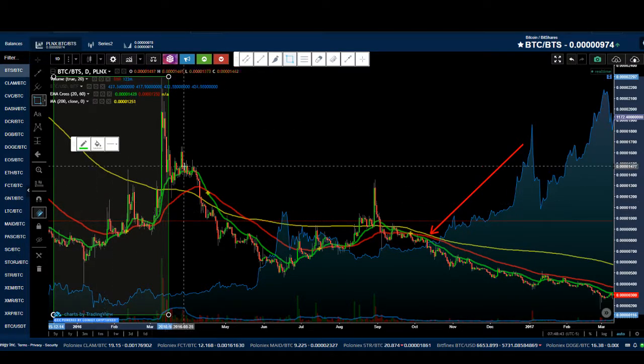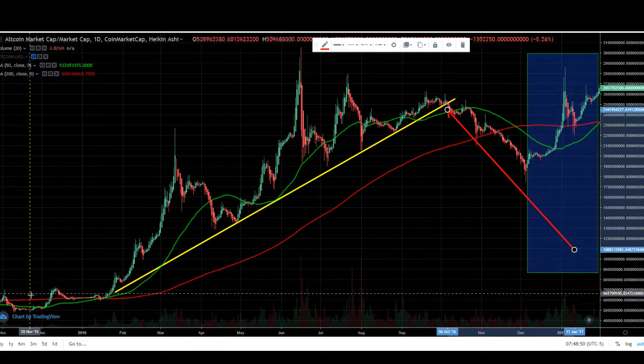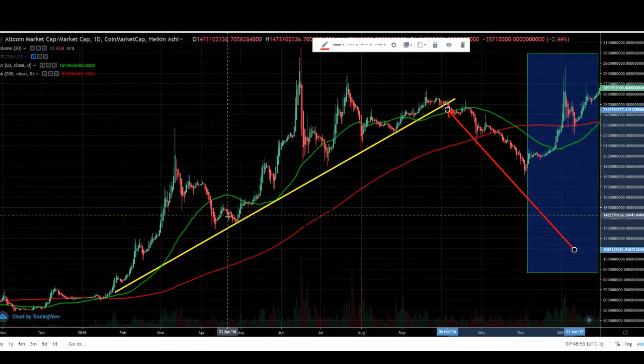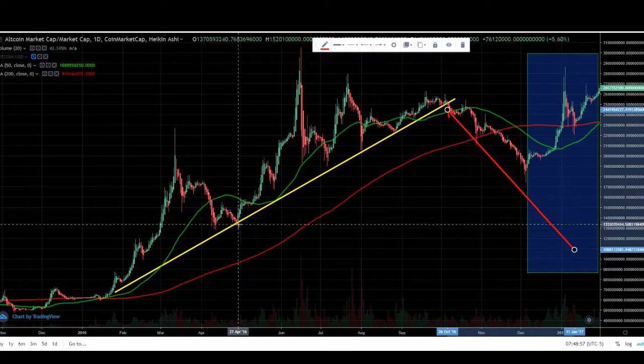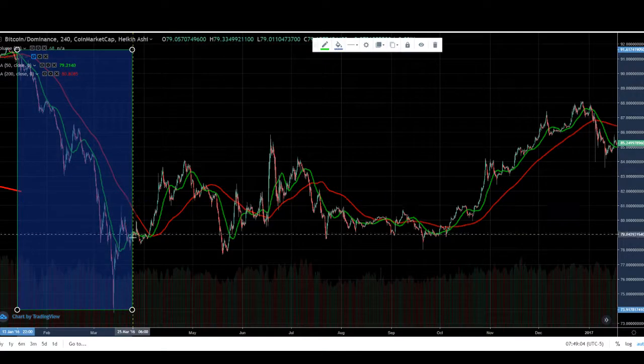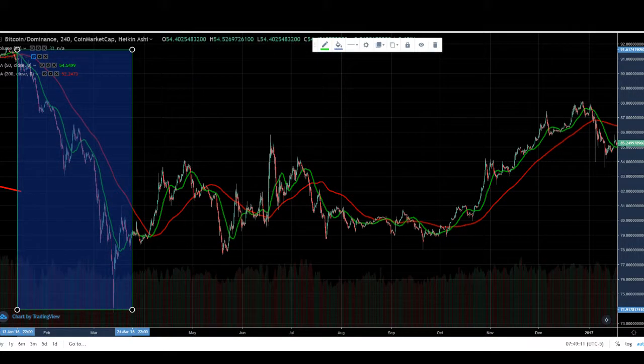Then in March and April, we had this consolidation and altcoin prices came back. And I know that in the altcoin market cap, we had the top formation, and the market cap itself made a top formation and came back, at the same time that BitShares made a top formation and it came back, and at the same time that Bitcoin dominance was increasing. It really is all over the place, not in a big trend here for this whole time, which makes this reading more difficult now. So from May until June,